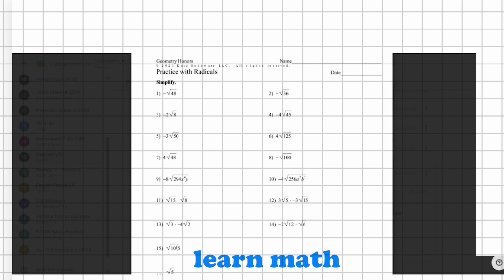So what about the third one? Negative 4 square root 2. Fifth one, 50. So that could be 25 and 2. 25 is 5 squared. Negative 15 to the power of 2, I mean, not power of 2, radical 2. Square root of 2. Yeah. Next,